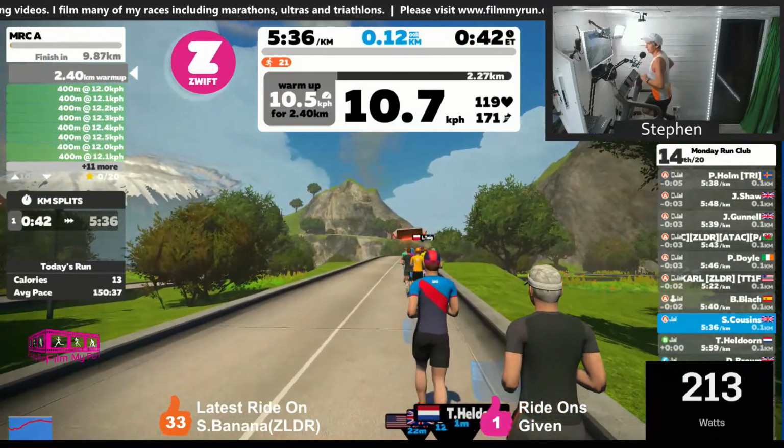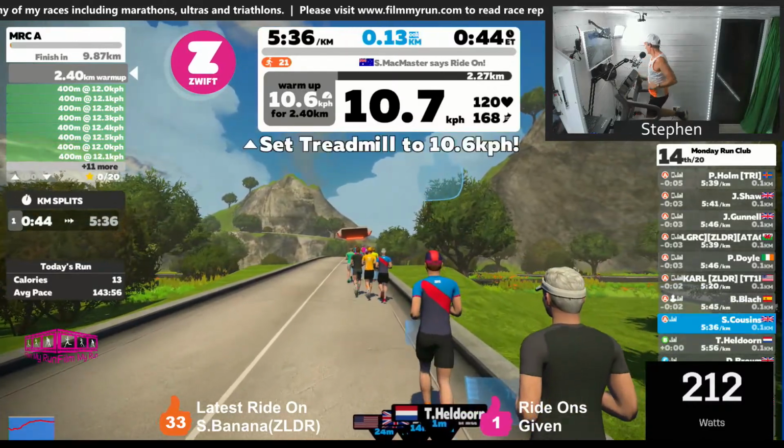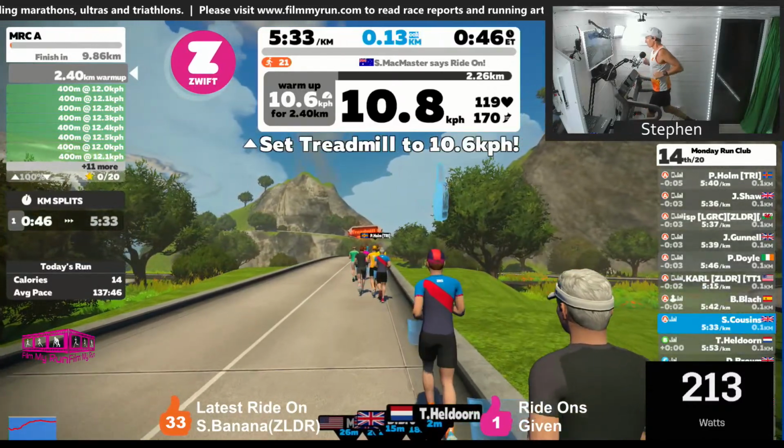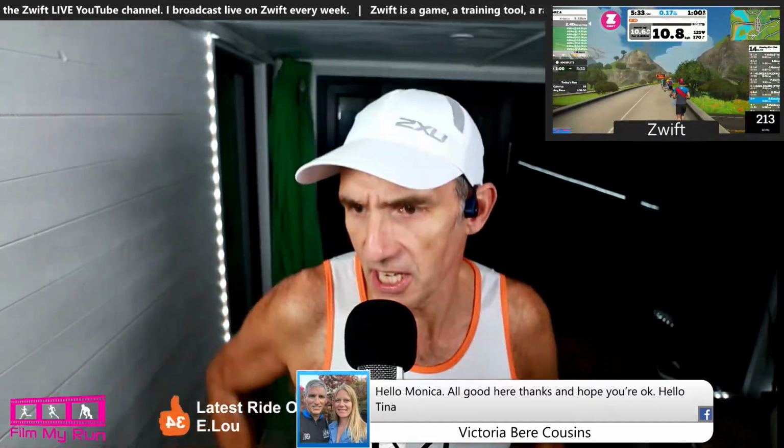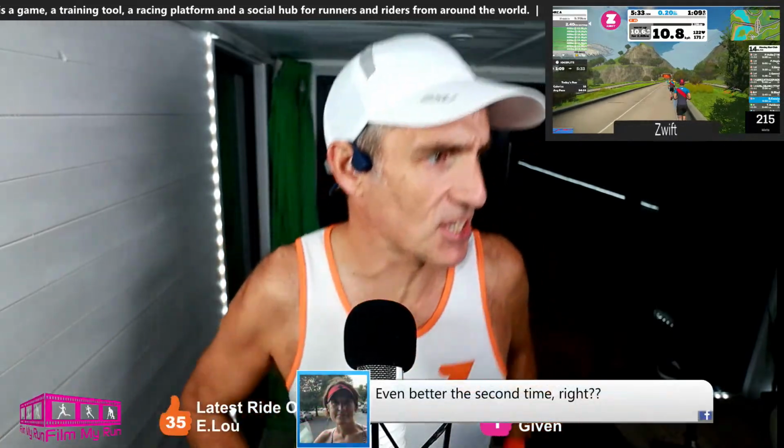We've got power in the bottom right hand corner, and we've got about 20 runners. John Shaw, Paul Doyle, Buenaventura, Carl, Gunnell, Holm, all running with us in Group A tonight. Jeff Scarler is in Group C, Eldorn is in Group B. Lots of recognisable names.